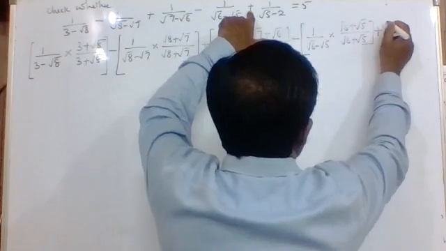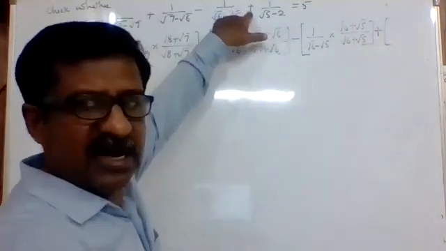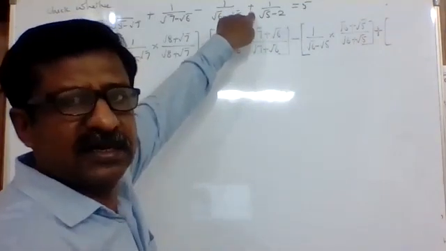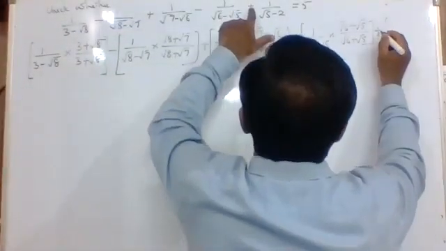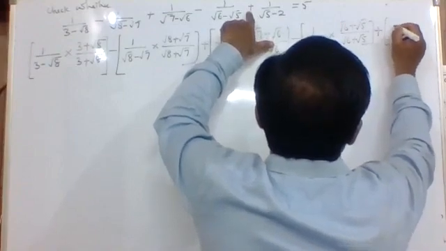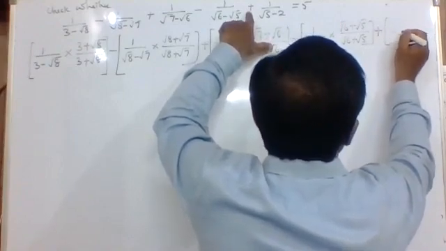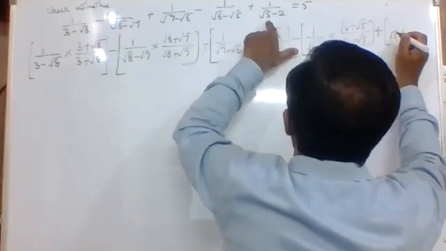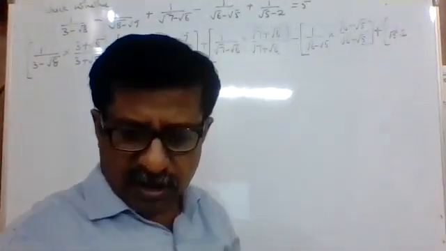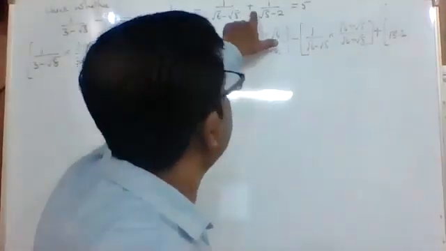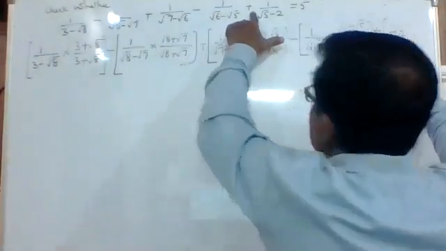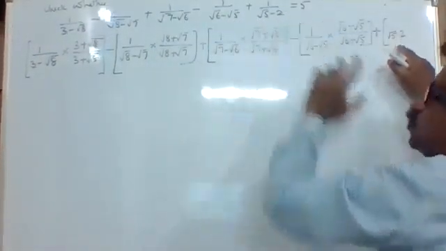Next sign is plus. I'm not turning towards you because I could make a mistake in the sign. Therefore, one by one, I'm keeping my finger so that I can take the exact sign. This is plus, that's why I'm keeping it over here, the sign plus I've taken, this is plus. Next is 1 upon root 5 minus 2. It is 2, it is not root 2, this is 2. That's a step by step I'm giving. I'm keeping my finger on one side of the question and I'm copying it as it is. Otherwise, while copying it, I could write root 5 minus root 2.